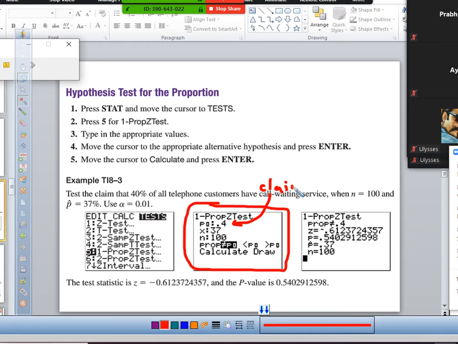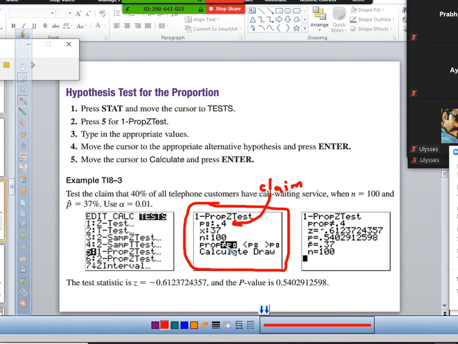And then you're going to put in your p hat as a fraction. You're going to have the successes, x, and your n. So here, you do not put in a percentage. You have to figure out what your successes is, the number of yeses you had, and then your total number of people. You have to put in the x as a whole number of people. You can't put in 63.7 people, because you can't sample 63.7 people. You have to round it to the nearest whole number.